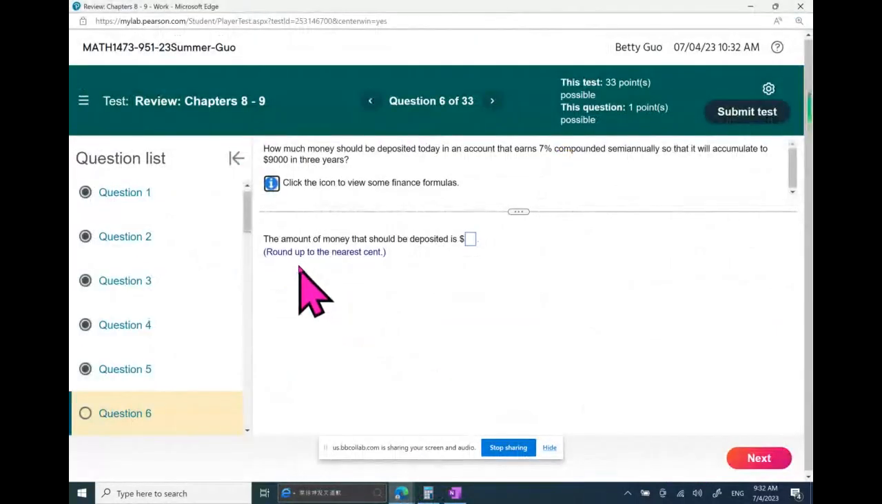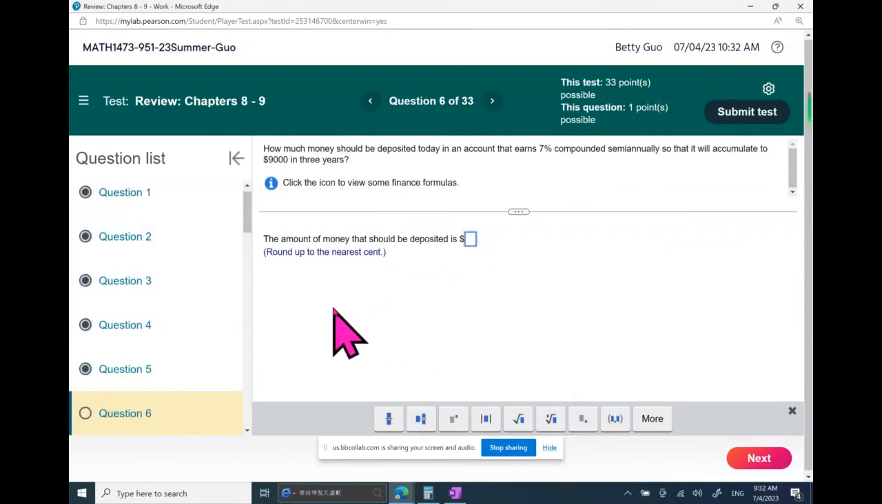Okay, so how do we round it? Round up to the nearest cent. We want to guarantee the $9,000 financial goal in 3 years. So we must round up the principal today. Round up to. You need to make sure you see the difference between round to and round up to. So the decimal we got is